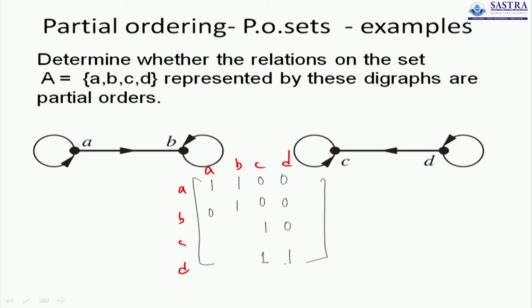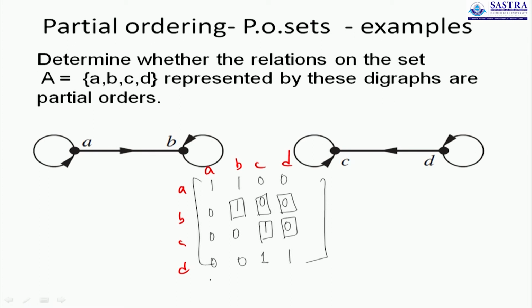D to C tells that there is a 1 between the 4th row and 3rd column. DD is 1 implies the 4th row and 4th column is 1. This 1 implies the 3rd row and the 1st column is 1. The last one, CD equal to 0, implies the 3rd row and the 4th column is 0. The 3rd row and the 3rd column is 1. You have the 2nd row, 1st column to be 0 and 2nd row, 2nd column to be 1. 2nd row, 3rd column is also 1. 2nd row, 4th column is also 0. Looking at the first row, you have only 2 ones, the others are zeros.